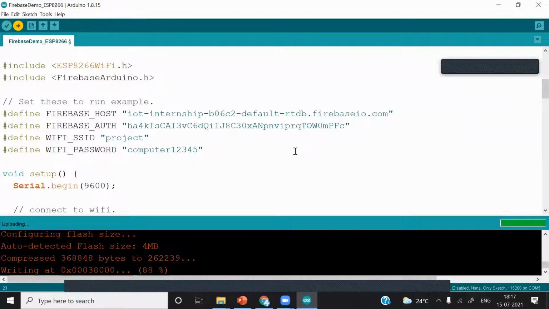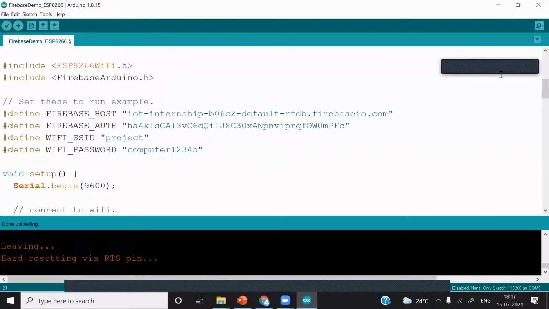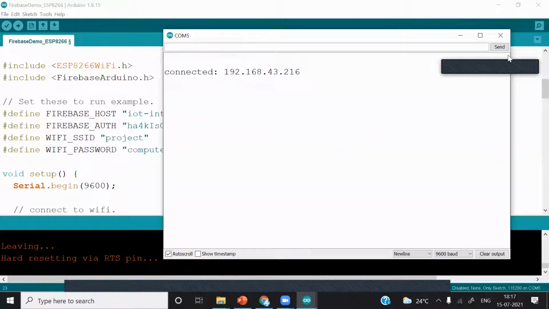I have turned on my hotspot, mobile hotspot. Okay, uploading is done. Now we'll check. Connected. See, the setting number failed message has not appeared here.